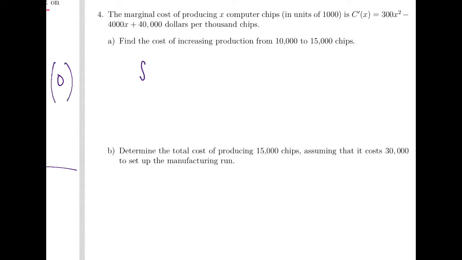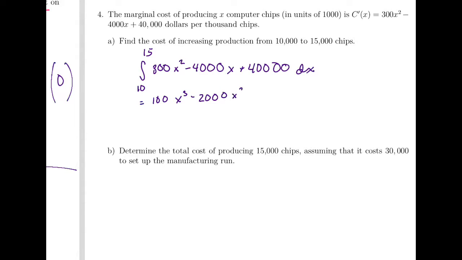So we're going to do an integral, and we're going from 10,000 to 15,000, but remember x is in units of 1,000, so it should be from 10 to 15 of this 300x squared minus 4,000x plus 40,000 dx. And so to solve that, we find the antiderivative, so that's going to be 100x cubed minus 2,000x squared plus 40,000x